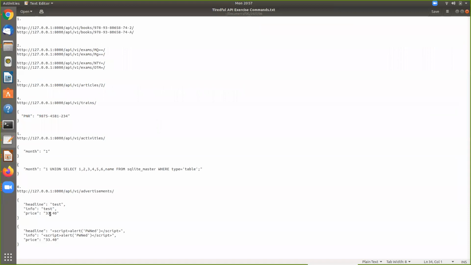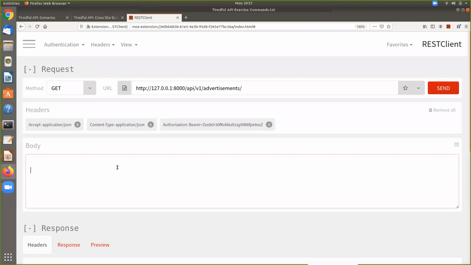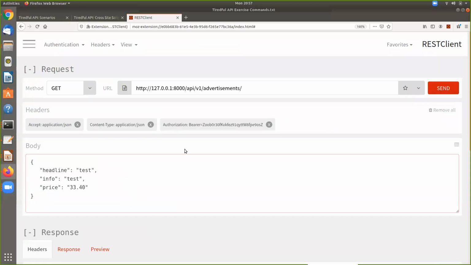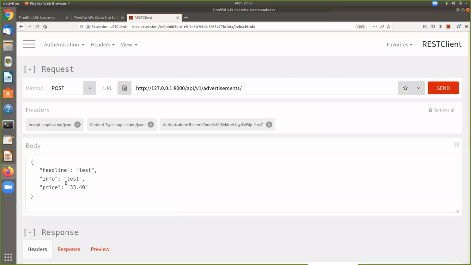Let me go back to my quick copy here, bounce back to this, and throw that in the body. Make sure we're starting on headers. What this should do, and the method definitely needs to be post because we're sending data to the server to post on that for this part. This is the data that we're sending to it that sort of matches the format they give here, right? Headline, info, price. So we're just providing values.